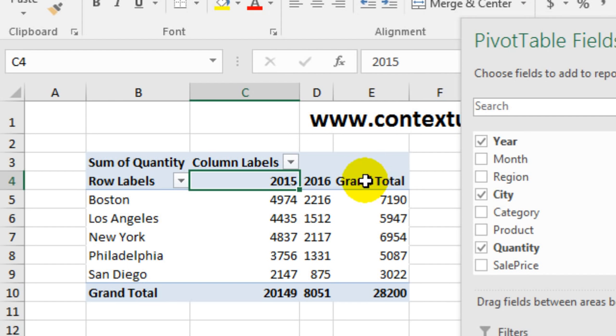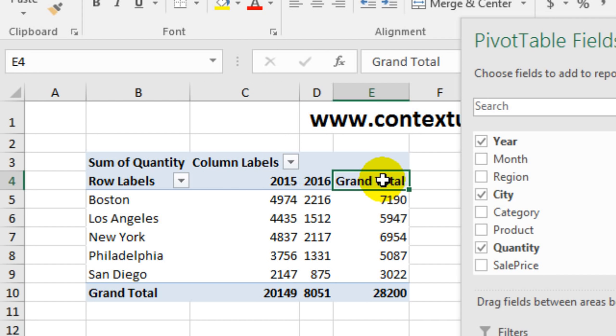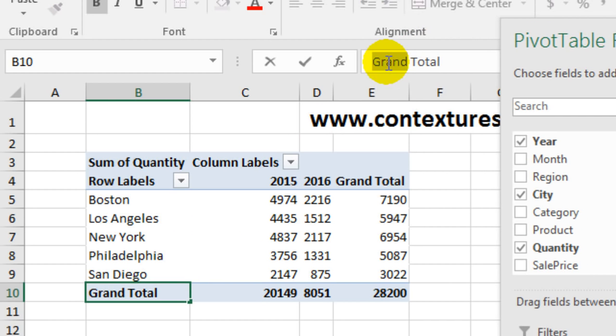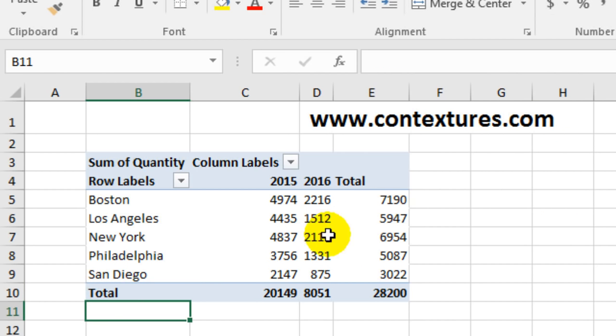We can change the text for these grand total headings. So I can click on the column or the row. And then to change the text, I can just start typing if I want to change the whole thing, or I can click up in the formula bar and just maybe take out the grand and the space so I have a shorter heading. So I'm going to press enter, and as soon as I change the row grand total,